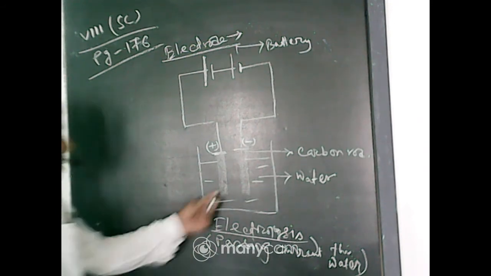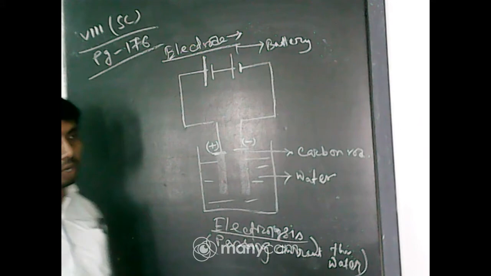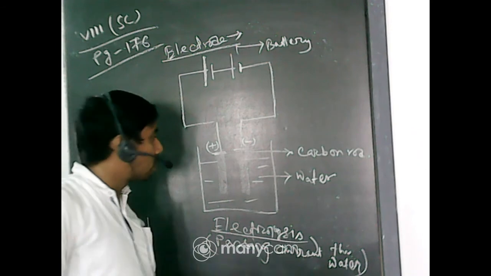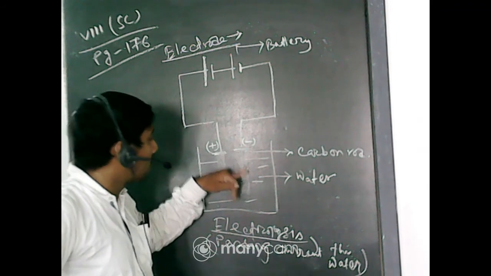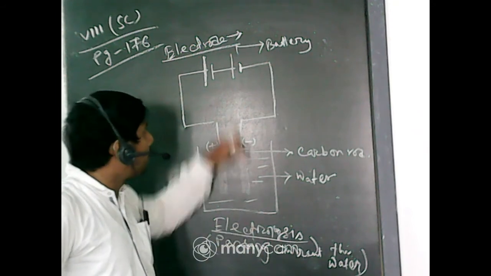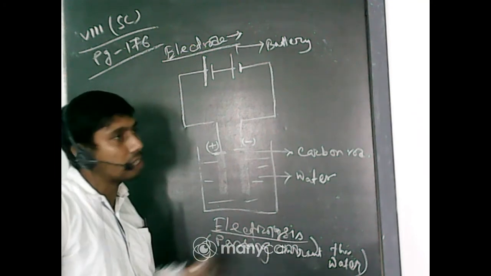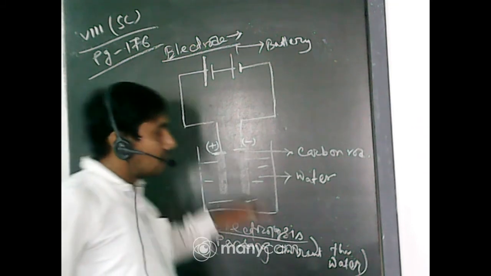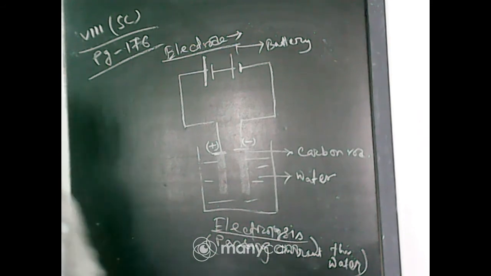The carbon rod can work as an electrode because carbon is highly conductive in nature, but in place of carbon we can also use metal rods. As they are conductive wires, the electricity passes through them from the battery to the solution. But if we use a piece of wood, it would not work as an electrode because wood does not conduct electricity. Electricity must be supplied by a material which is conductive towards electricity.